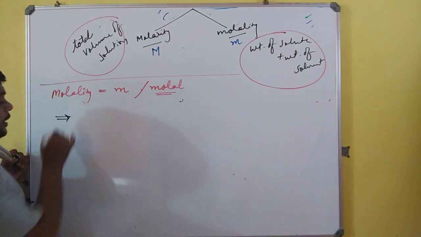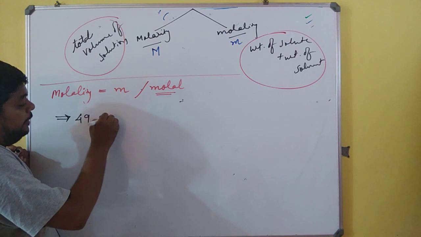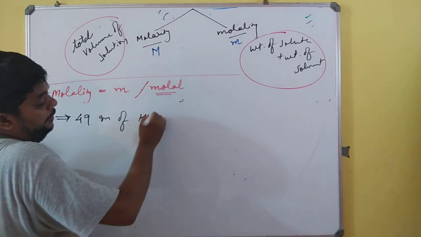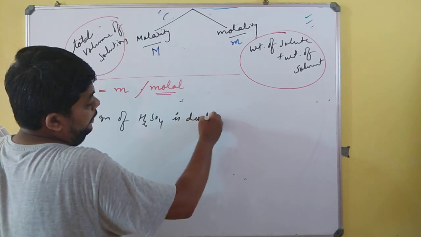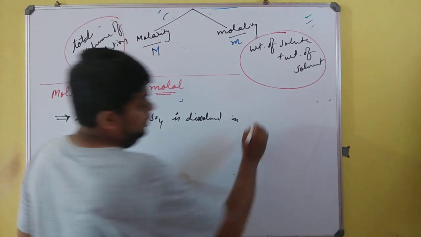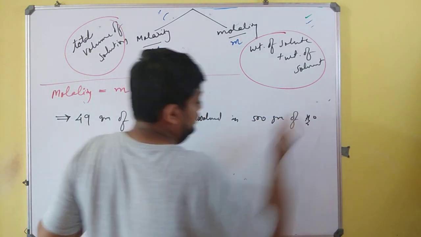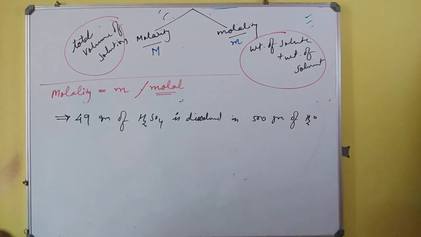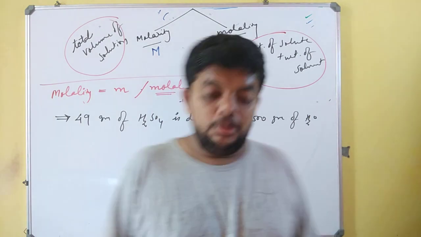Now we are taking another example. 49 gram of H2SO4 is dissolved in 500 gram of water. So over here, generally we are always taught that the one in more quantity is solvent